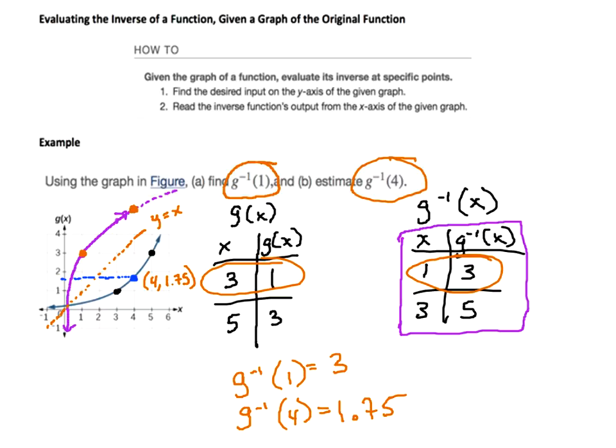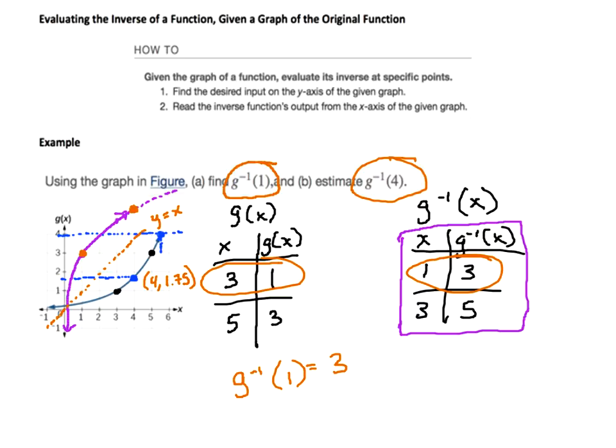Oh, I see what I've done. I was not thinking about when I get 4 out of the original function, because what I get out of the original function is what I plug into the other function. So, okay, when do I get 4 out of the original function? That's what we need to figure out first. So I get 4 out of the original function